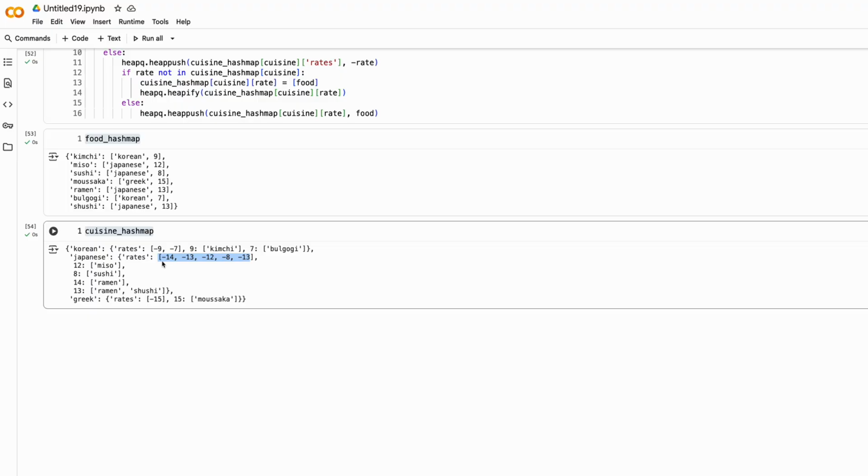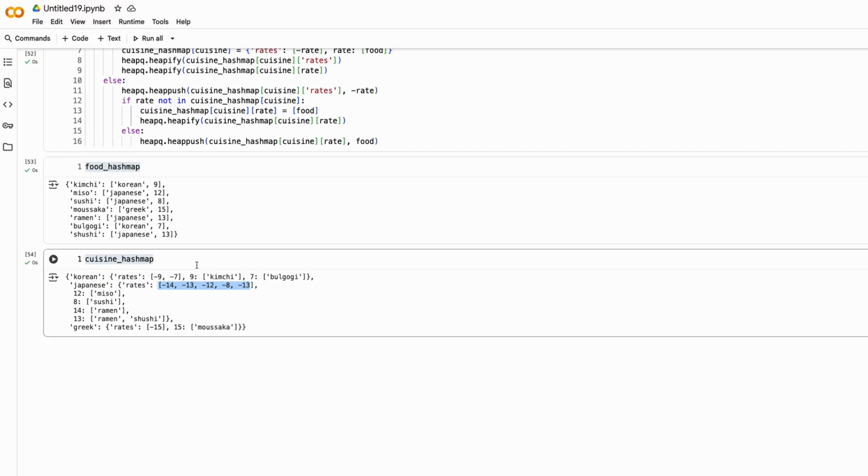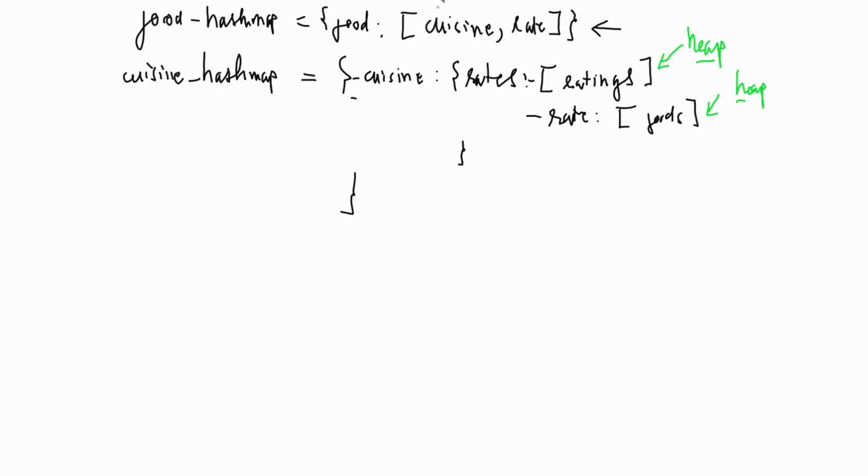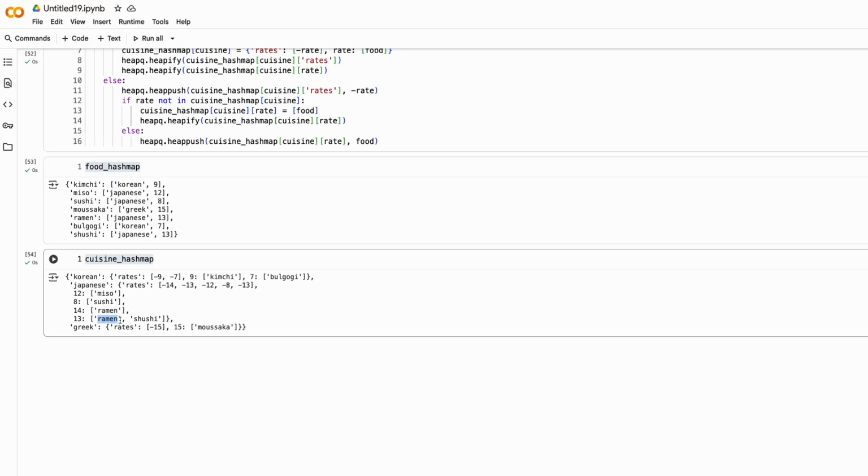how can we deal with this case, right? What is the expected return value? That it would be the ramen. Yeah, so how can we use the priority queue here? Firstly, for example, for the Japanese, right? When we receive the query to give me the highest rating for the Japanese,